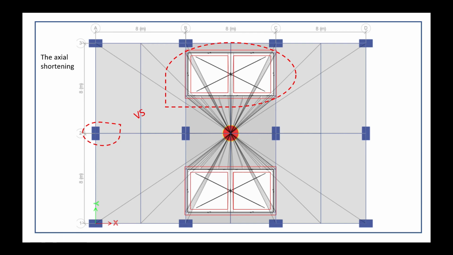horizontal and vertical load. And for the core wall, we also have the least opening for elevator access, and the overall dimension of the core wall is higher to receive both the lateral force and the vertical force. If we compare, the stress in the column is higher than in the core wall, so the column shortening is higher than the wall shortening. For the axial shortening,